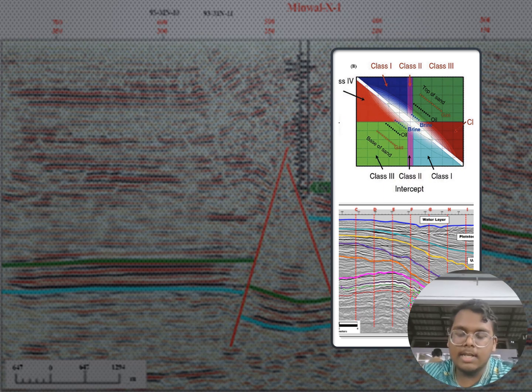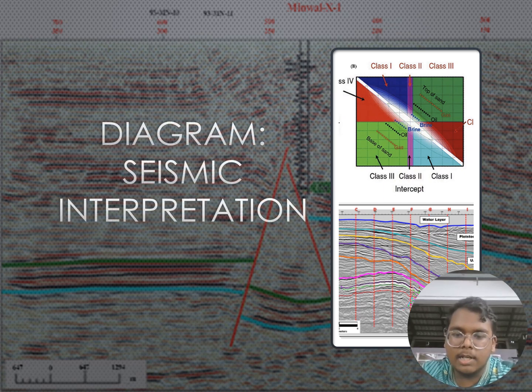Okay, so we can see here there are three types of seismic interpretation. So basically this is the example of seismic interpretation, which is normal, and then we can see there is a fault here. So basically this is the normal one, and then there are another two types, which is this is the AVO interpretation, and also this is the time depth conversion. So from this, these are the main three common ones, and all geologists in the world will use these three, so that it will be consistent all around the world. Okay,